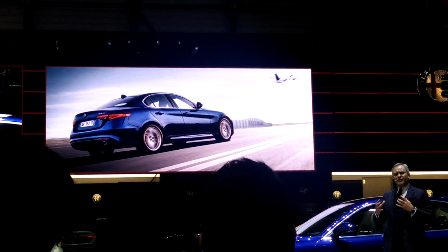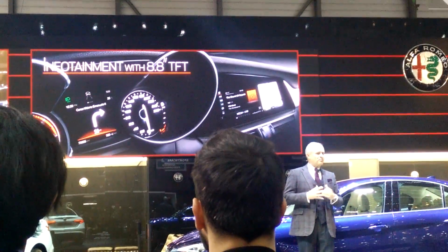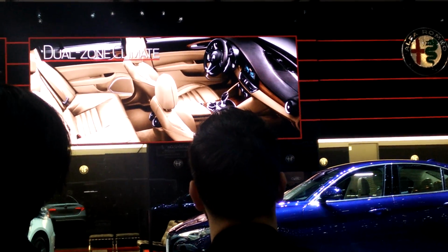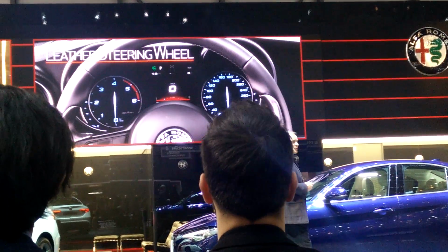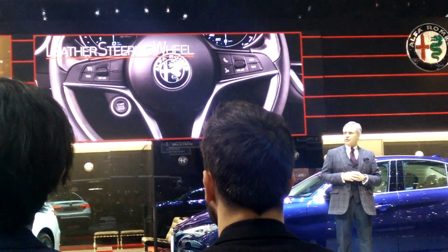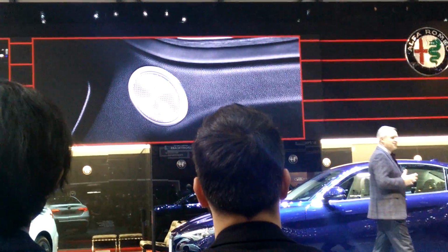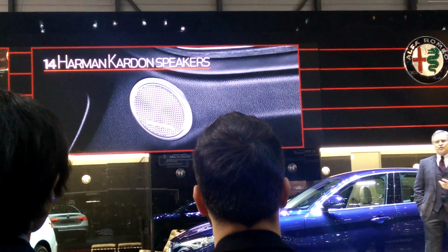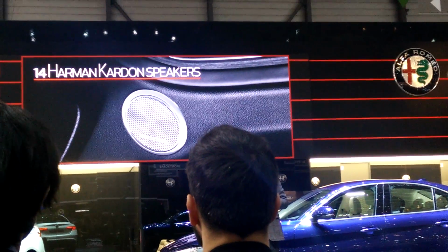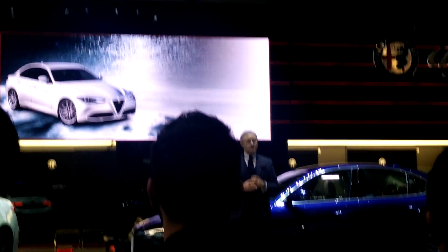Giulia offers as standard all you expect from a car of this class. An infotainment system equipped with at maximum an 8.8-inch TFT screen, dual-zone climate control, 6-way adjustable seat, leather steering wheel with the engine start button, and further hands-on controls together with the most advanced safety features I mentioned before. Giulia's driver and passenger will also enjoy a hi-fi sound systems in any version, and at the top they will be surrounded by 14 Harman Kardon hi-fi speakers. Our customers love the feel of driving a tailor-made car, perfectly suited